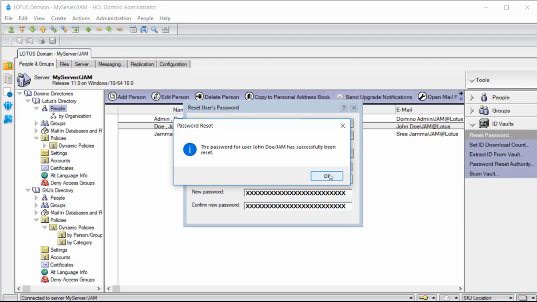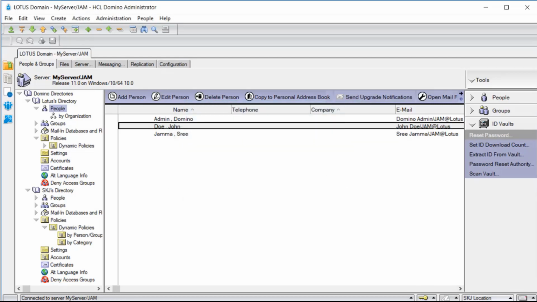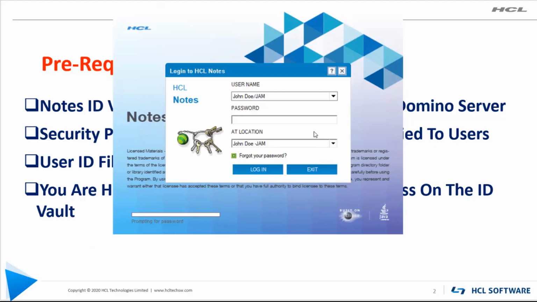So what next? What will happen when John Doe logs in on his Notes client? So we will see that as well. So friends, we can see the login window of John Doe on his Notes client. So I will type the password which was reset.